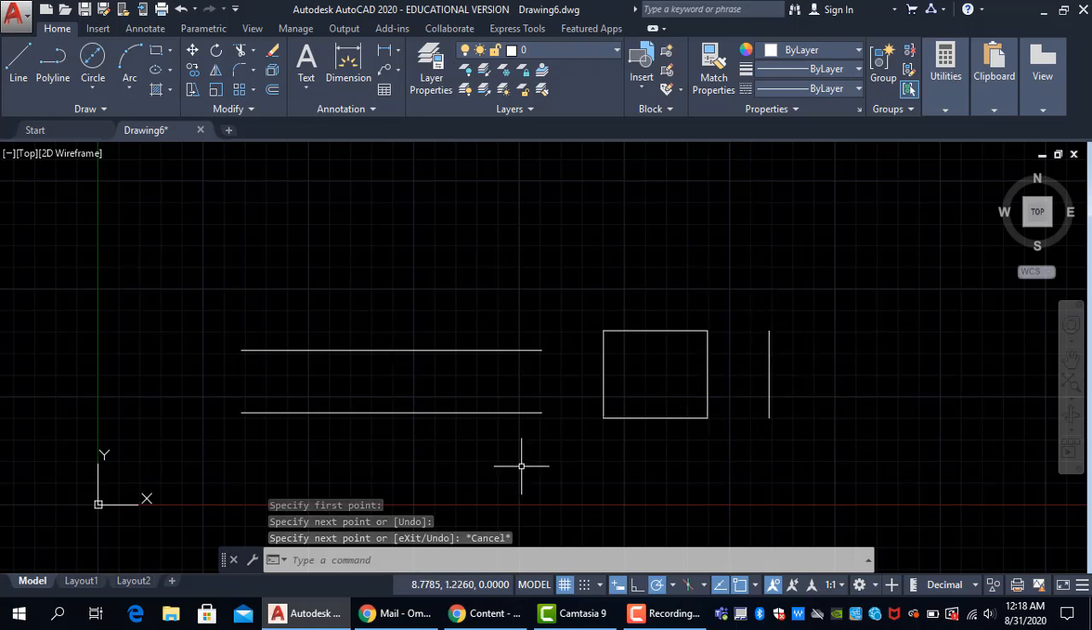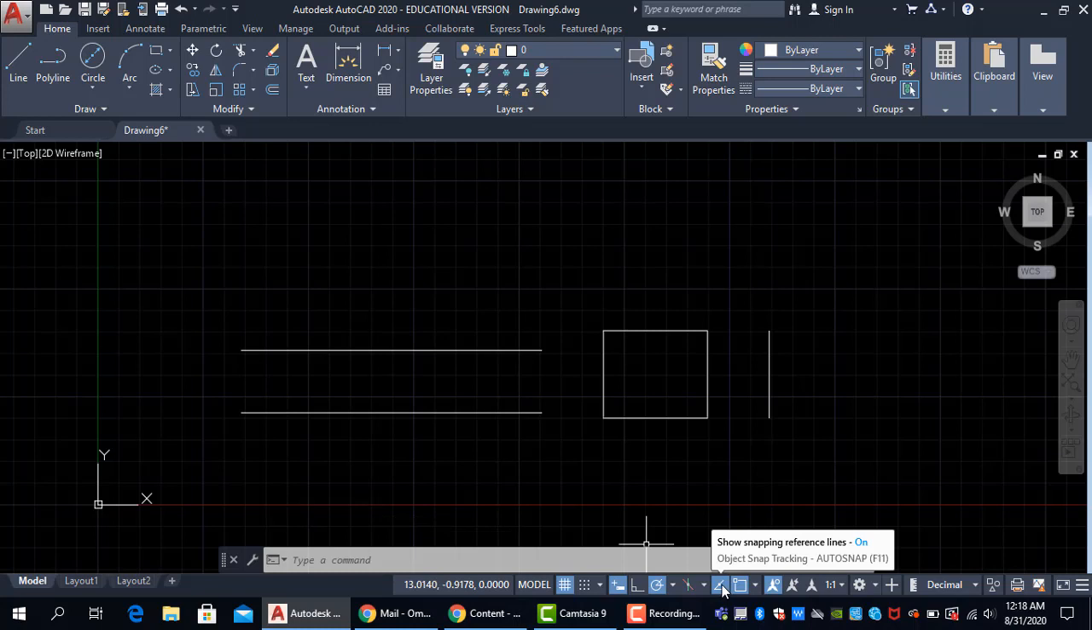Now this is a very simple way of using your object snap tracking. There's a lot more ways of using this, but I'm just showing you what it does. Okay, so it tracks your points, so you can do your lines based off of another drawing. All right, and the last one,